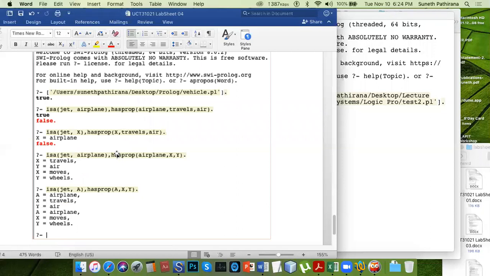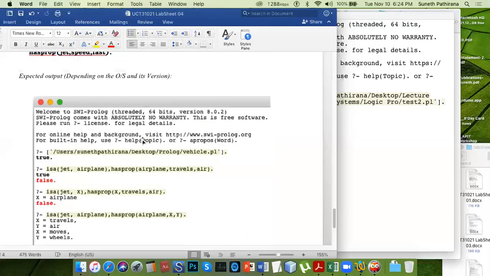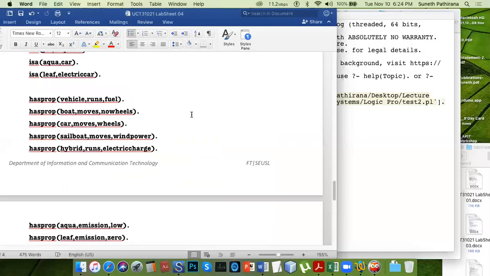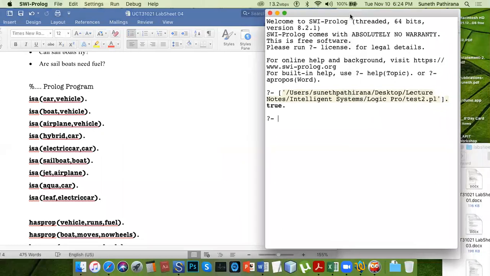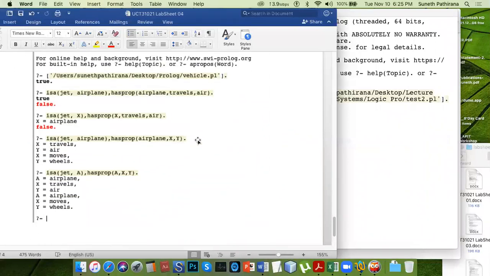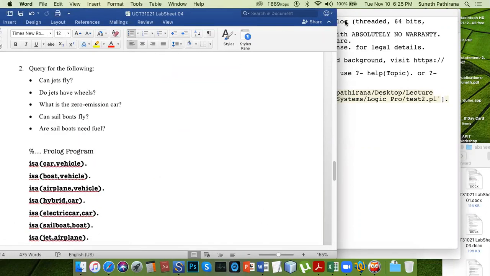Let's see. According to this program, it's a jet. So first of all, we find the category of which kind of vehicle this jet is. In traditional programming, the question to be asked is: can jets fly?